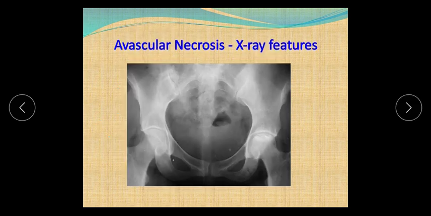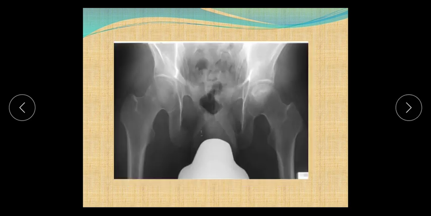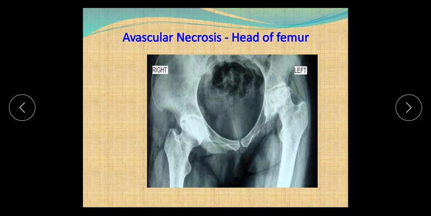This is the X-ray of a patient showing AVN. Can you see the AVN necrotic area, increased density sclerotic area? Which side is it? Correct, it's on the left side, that is the AVN. The right side is the normal hip. Here also, left side there is AVN. This is clear, you can make out. Left side there is AVN, lot of irregularity. Even the acetabular side is sclerotic. So this is with secondary osteoarthritis.